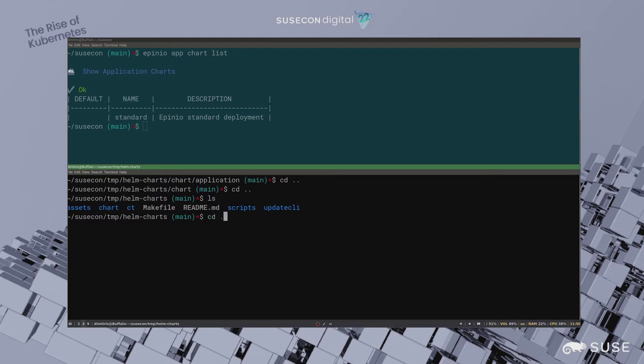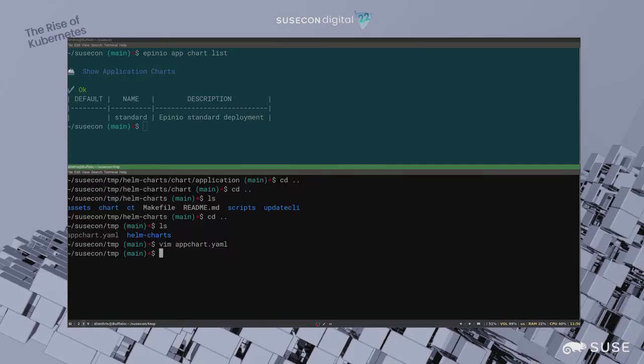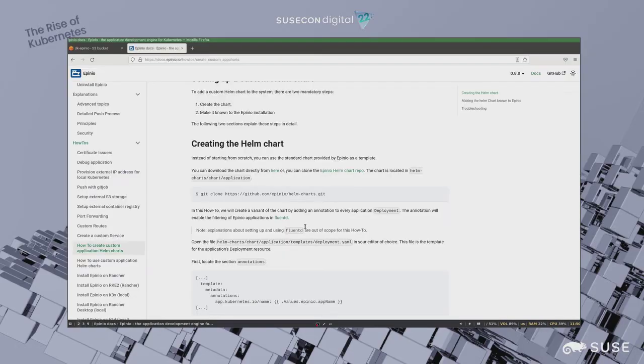So the way this works is you create a resource, a Kubernetes resource. It's a custom resource called app chart. You can give it a name. The namespace has to be the one where Epinio is installed. In my case, that's Epinio, the default one. I give it a description. I removed the rest of the fields. I just wanted to keep things simple, but you can obviously, if you follow the instructions here,